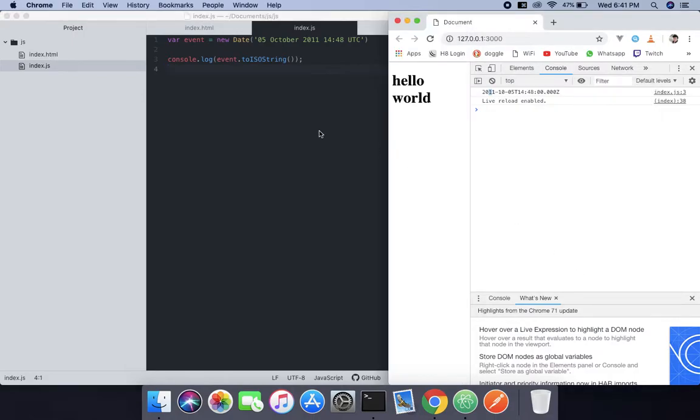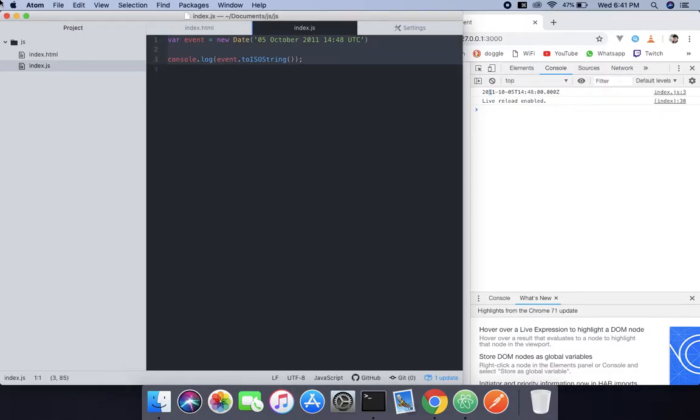First you need to create an event like this. So you need to create a date. Then if you want to convert it into JSON, you can do this: